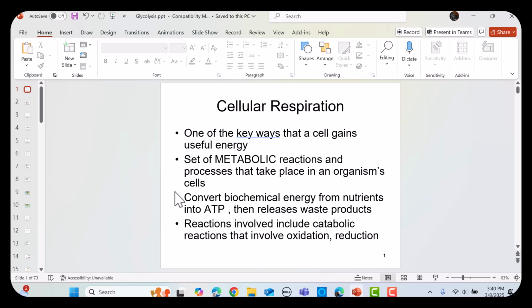Hi, and welcome back. So, the first topic we're going to talk about in this course is glycolysis. You've already watched the big picture, so first let's talk about where glycolysis fits in. But before we do that, let's talk about a couple of things we're going to do just systematically on how